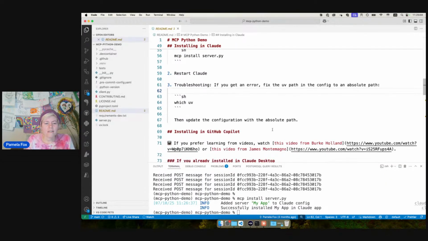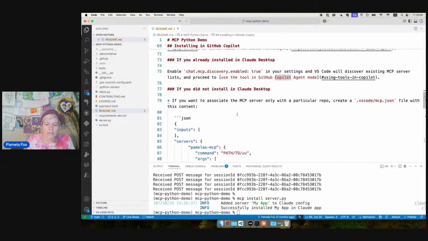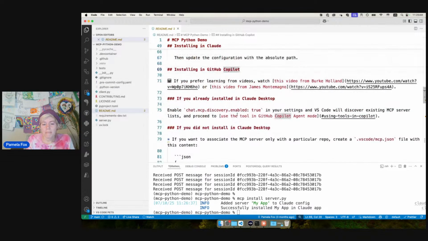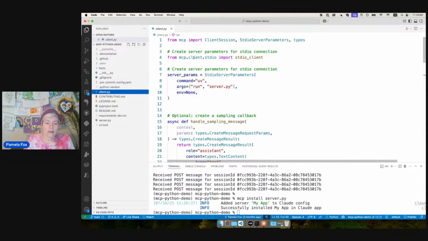Okay, so now you've got it in Claude. We could also install it in GitHub Copilot, or anything that is an MCP host. Now, we can also write our own client to consume the server, right? So here,